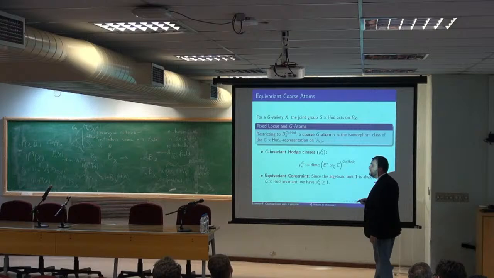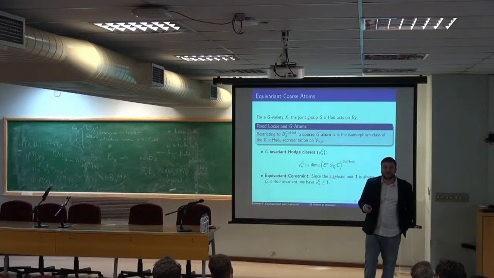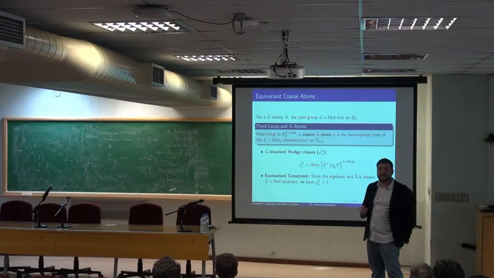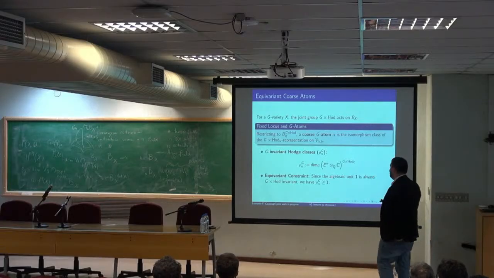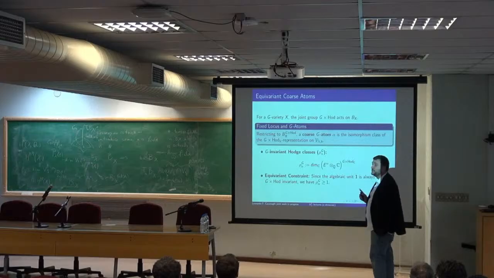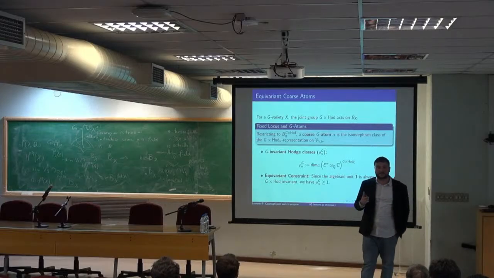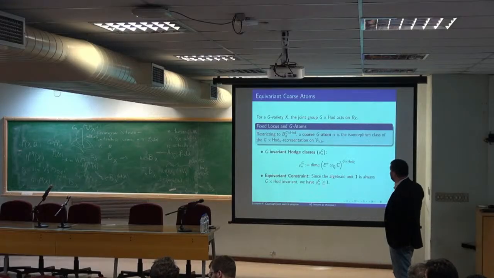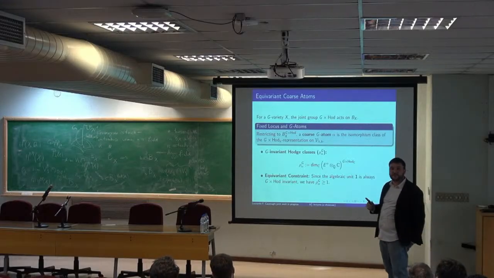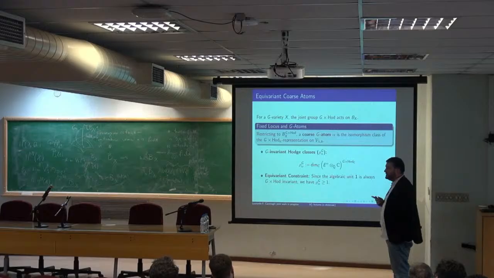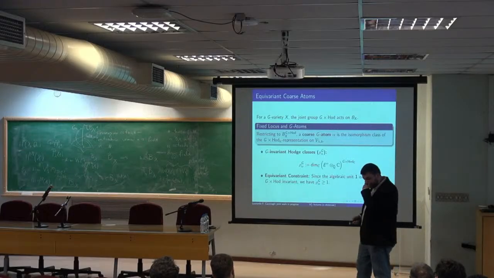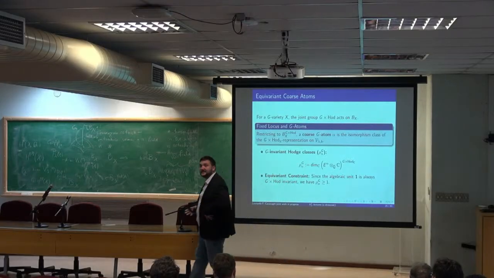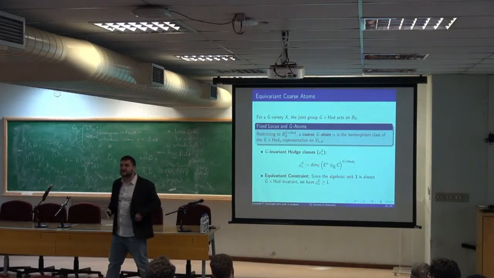I kept saying about algebras and this sort of stuff. Why do I care about this fact being an algebra in many instances? It's because this means that we always have one Hodge class, because this is the unit of the algebra. It's preserved by the action. And in the equivariant setting, we always have one equivariant Hodge class, also because it's an algebra, so it preserves the unit. So that's one point, because among the many slides that I'm telling you and not telling you, the others that I'm hiding,